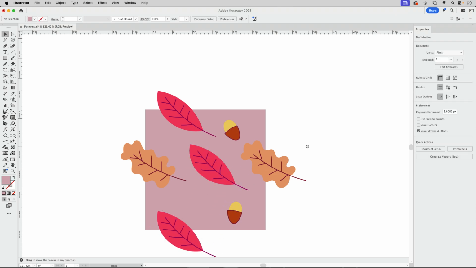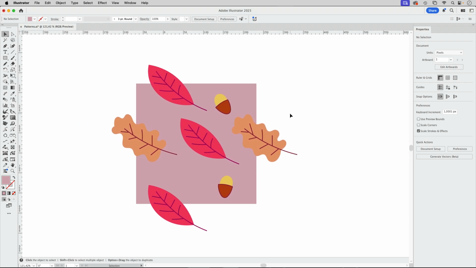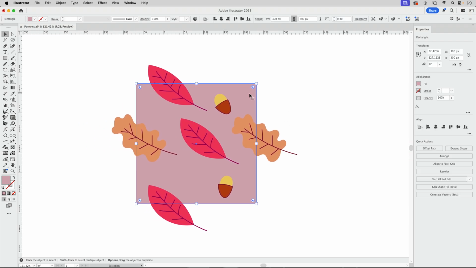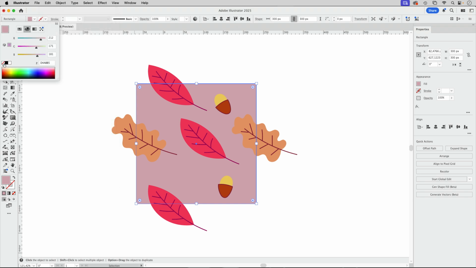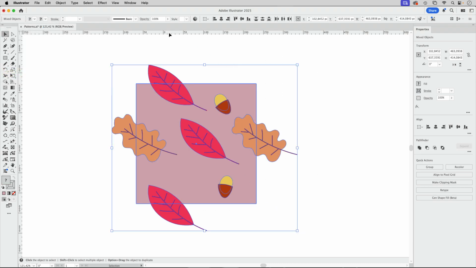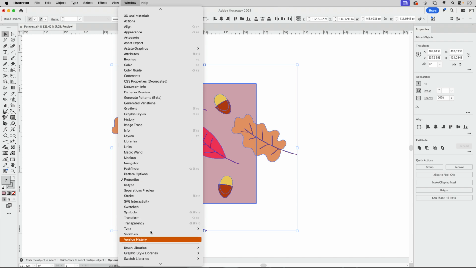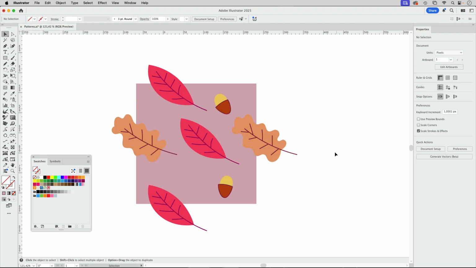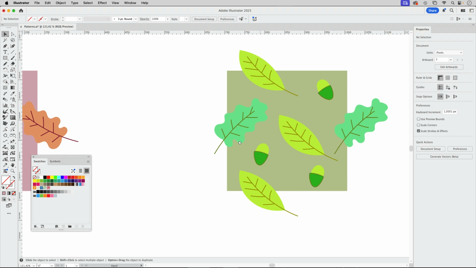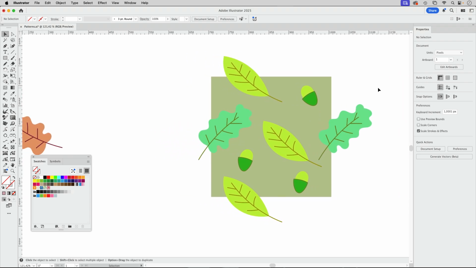Okay. And once you are done, you need another rectangle. So you make a copy of this and then go to paste and back. Give this no stroke and no fill, and then select everything. Go to the swatches panel and drag the thing into it. So that's this. There's another variant of this tutorial, and I have prepared this here, in which